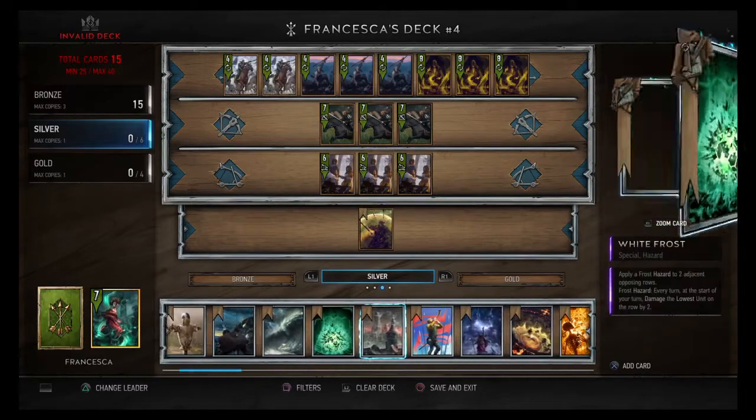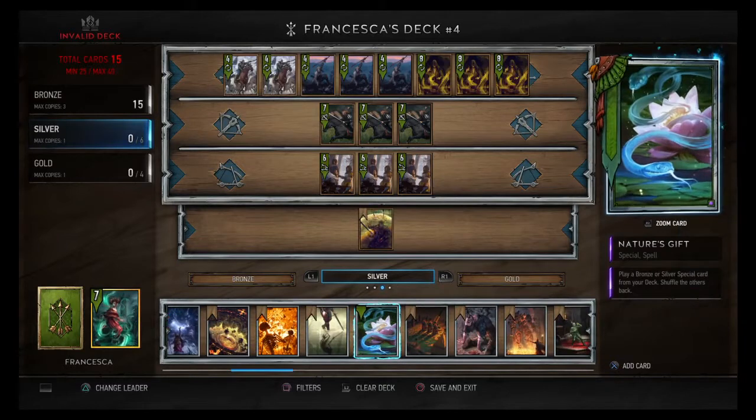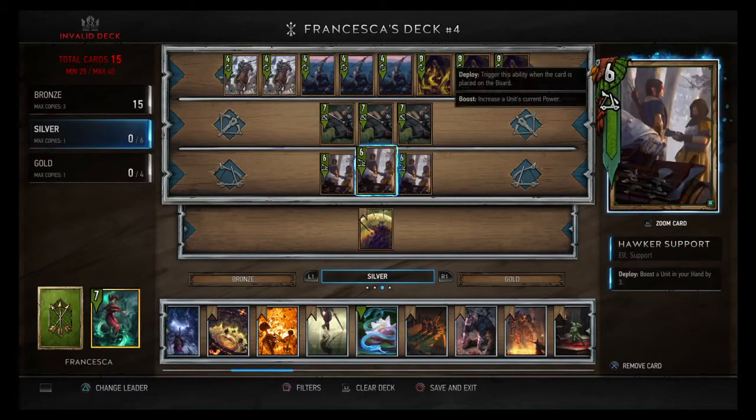Then you go to silvers and you start doing the same thing. You start thinking, well, what's going to fit in that archetype? And also, since you have your base now, this is where it makes it a bit easier, because you can start thinking of tech cards too. Like,